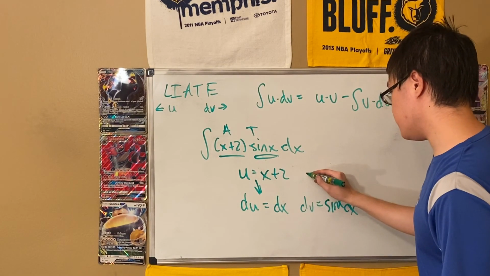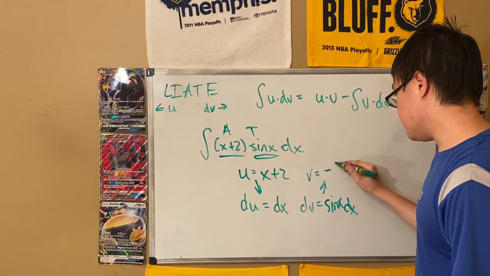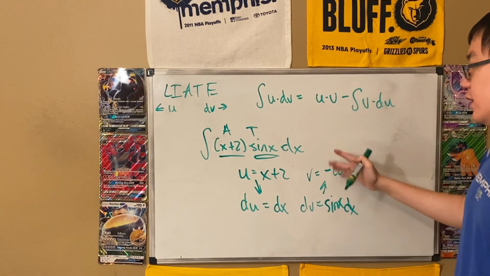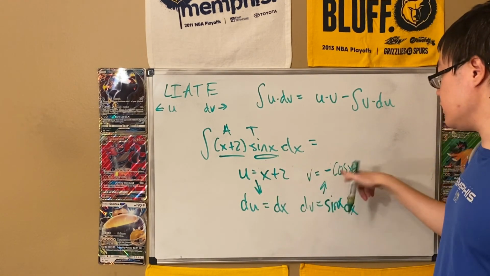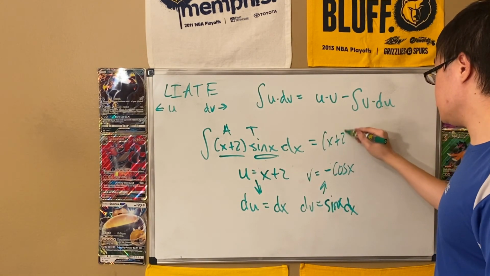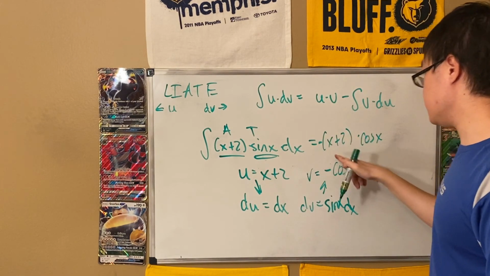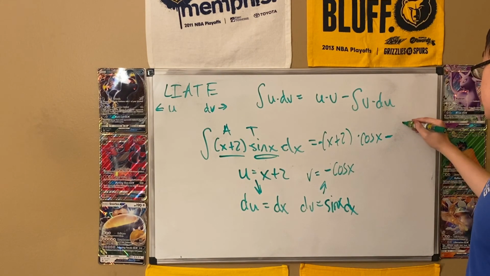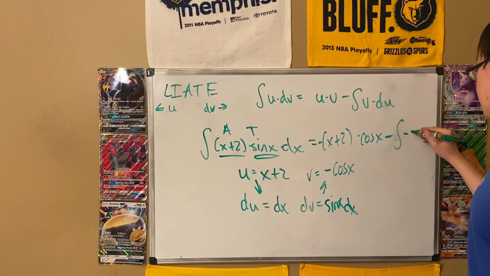Let me move the v over here. So the integral of sine is negative cosine x. You do have to take an integral here. And now we're ready for the formula. So the formula is u times v. So we're going to have x plus 2 times negative cosine x, minus the integral of v du. So it's going to be minus negative cosine x